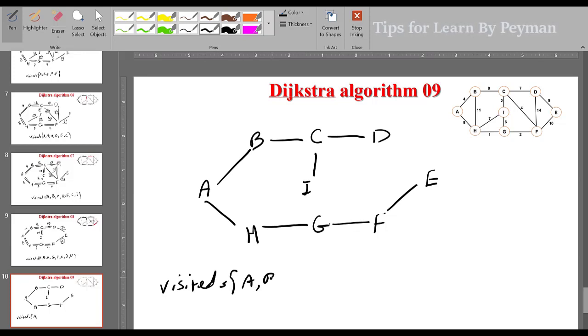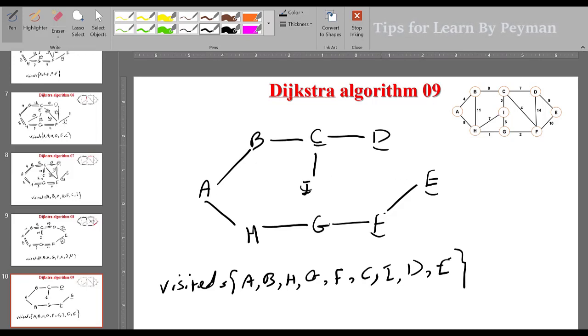We choose A, B, H, G, F, C, I, D, and then E. And if you see, we visit all the nodes here without making any cycle, this is the Dijkstra, in fact,